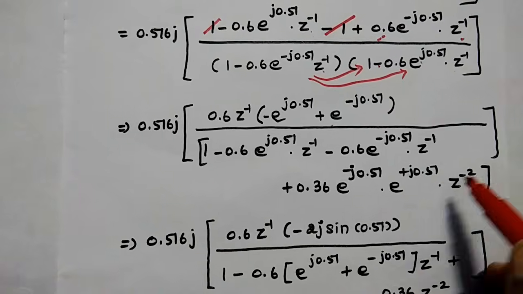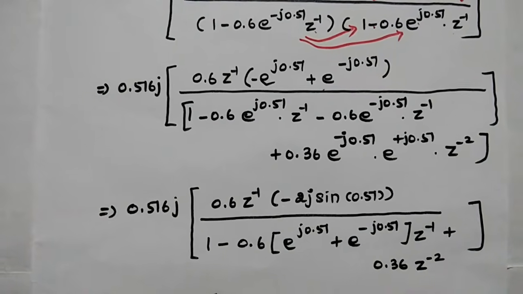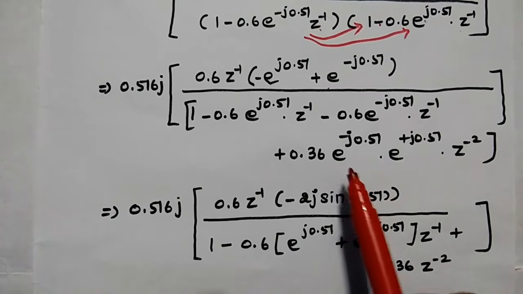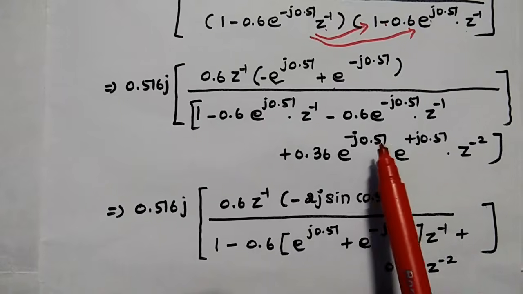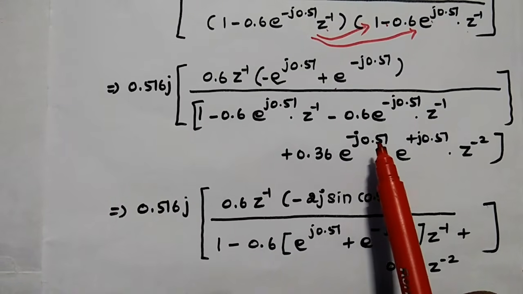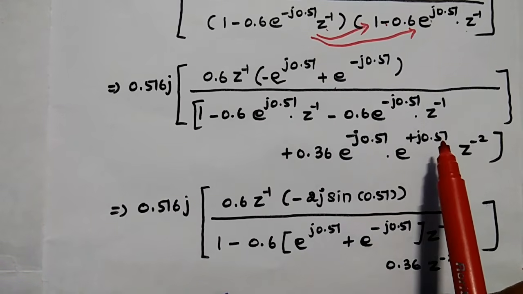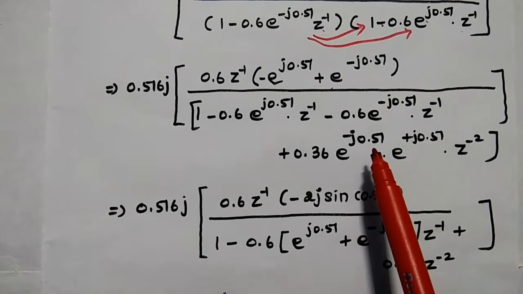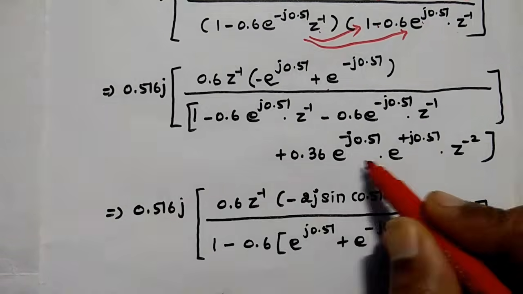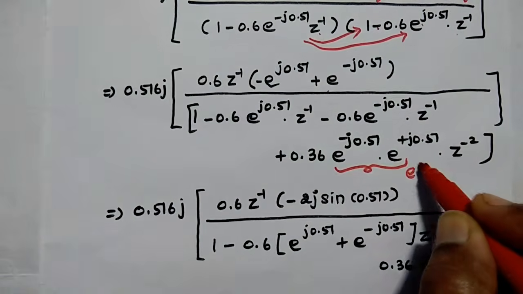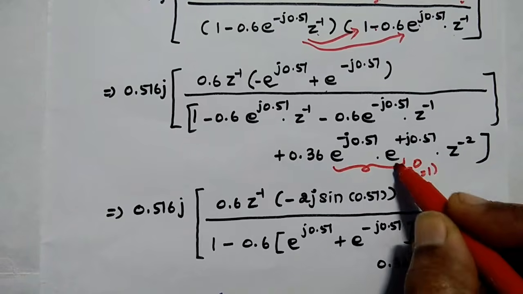The powers can be added. So z power minus 2. For this exponential also we add the powers. So minus j 0.51 plus j 0.51, both cancel each other, means e power 0, it is equal to 1,